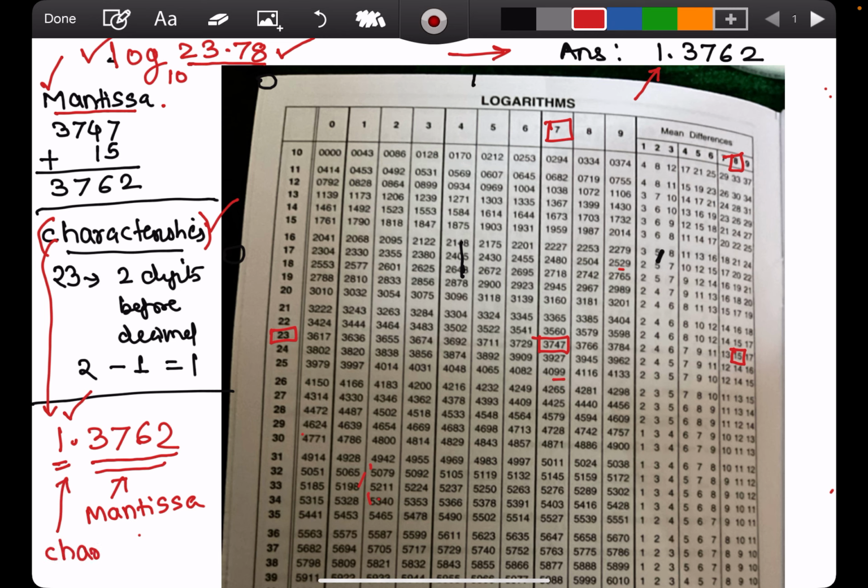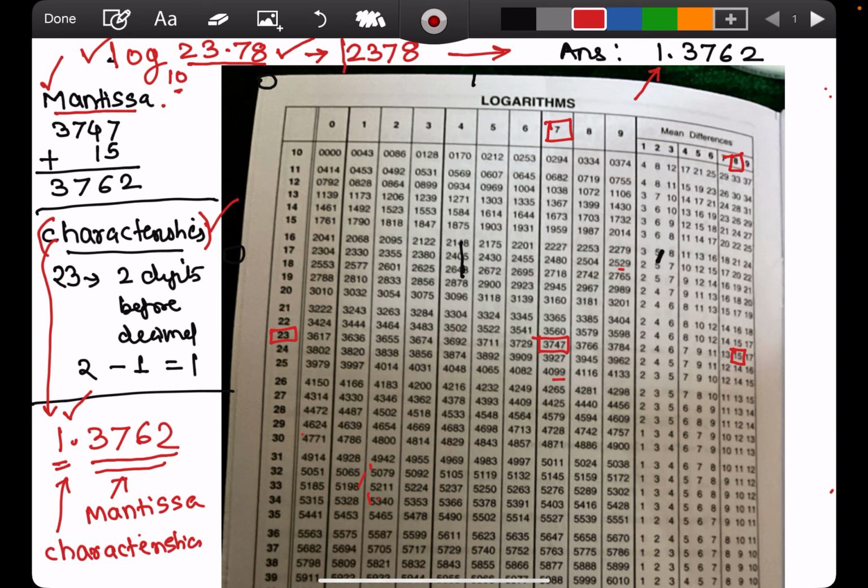So the answer for log of 23.78 to the base 10 is 1.3762. How did I get this answer using the log table? That I will try to explain. For that, we first need to write this number without the decimal. That is, I write 23.78 without the decimal as 2378, and then I take the first two digits of this,